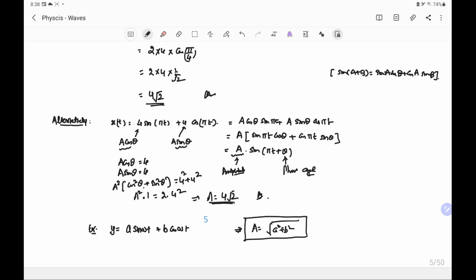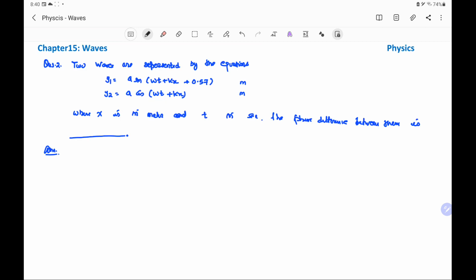Second question is: two waves are represented by the equations y1 and y2 given, where x is in meter and t is in second. The phase difference between them is...